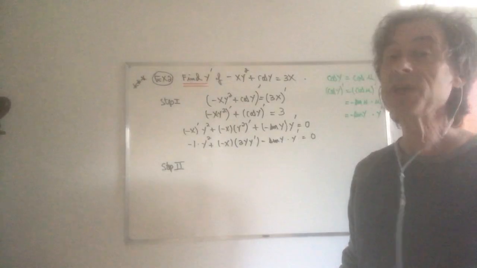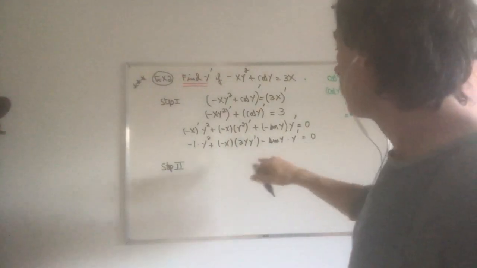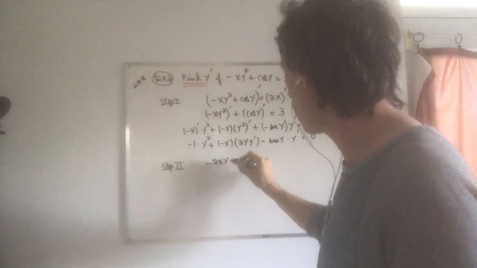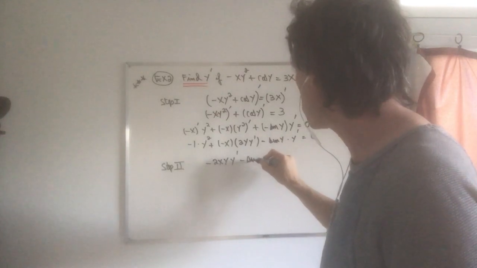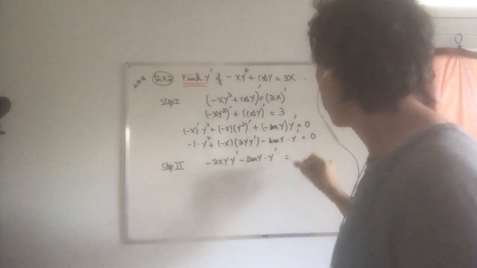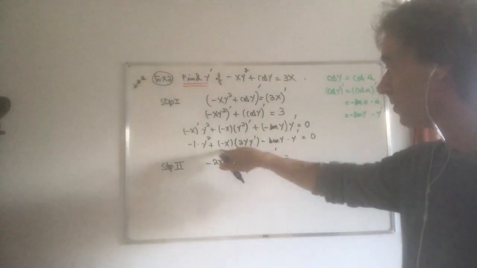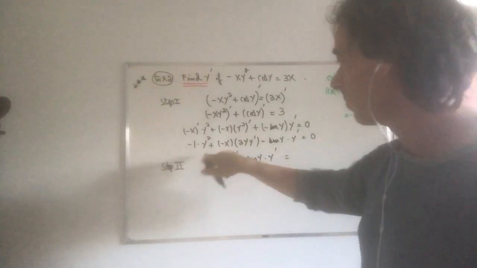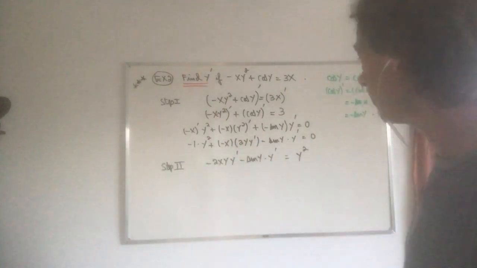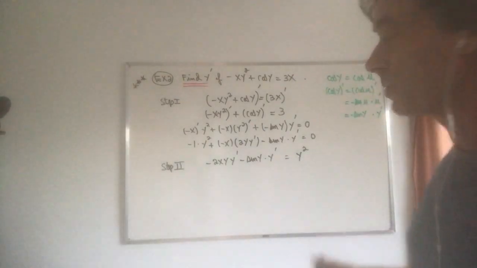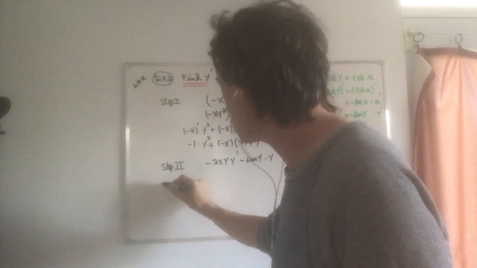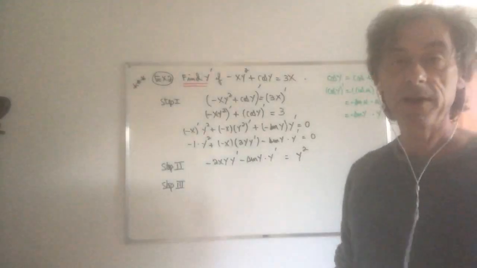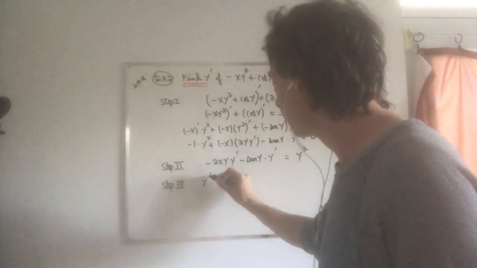Step 2, keep on the same side all the terms with the y prime. You have a y prime, you have a y prime, so minus 2xy y prime minus sine y y prime. These are the terms that contain a y prime, the second term and the third term. And I'm going to take the only term that doesn't have a y prime and move it to the other side. From minus y squared, it's going to become plus y squared. And as usual, step 2 is quick and relatively painless. Step 3,